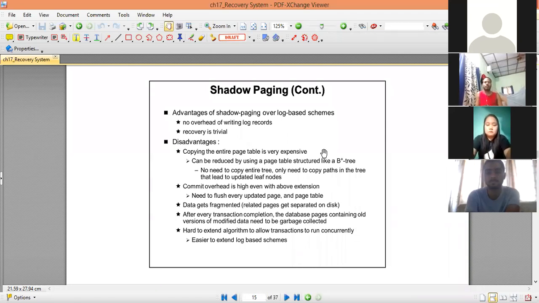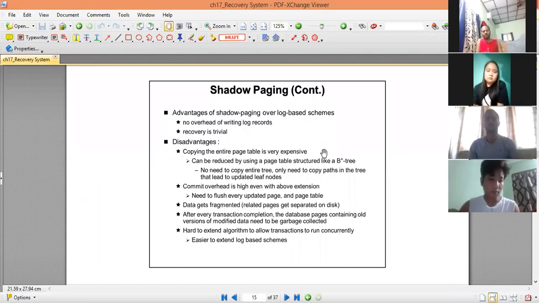Another disadvantage was that sometimes the log record itself becomes lengthy, so holding the log record in memory becomes costly in terms of space requirement, and the searching time of the log may also be high if the log grows. These were the limitations of the log-based recovery mechanisms.